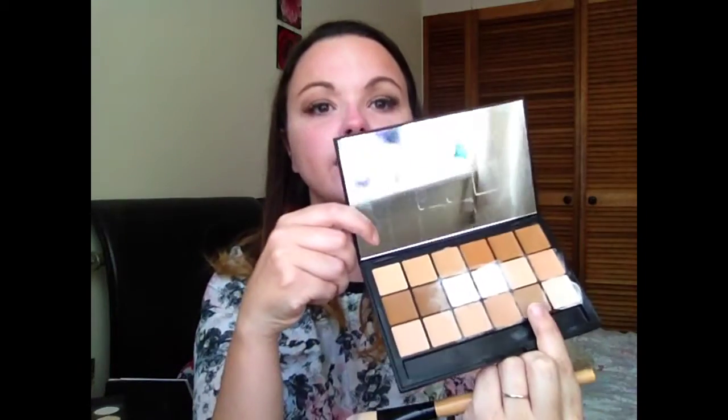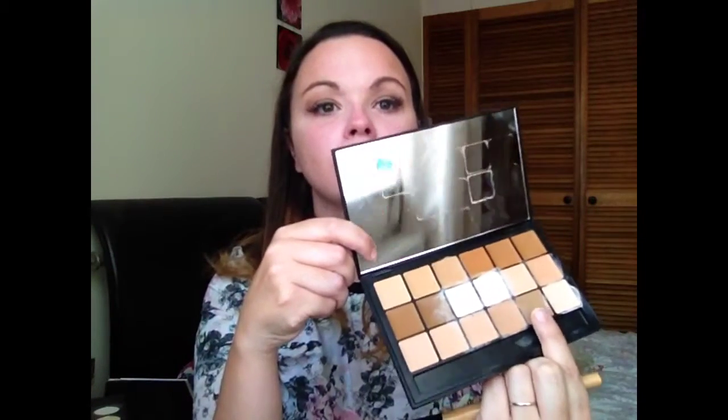Okay, so that's what we're going to use, but first of all, to actually get the contouring colour, which I'm going to be using, and I'll just show you, they're all marked. This is the RCMA, and this is S1 right here. As you can see, my RCMA palette is definitely used, but it should be. That's why I bought it, because I know I can have use for all these colours. I can try different contouring ways, I can try different looks,